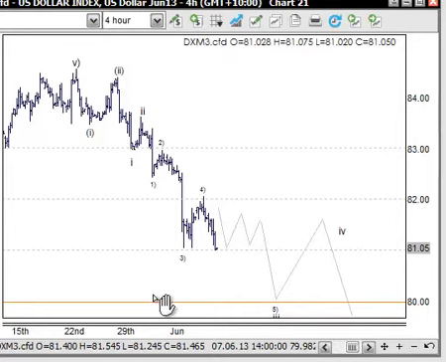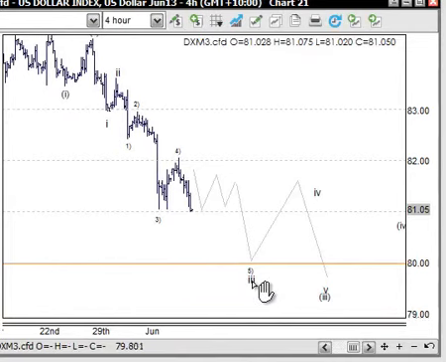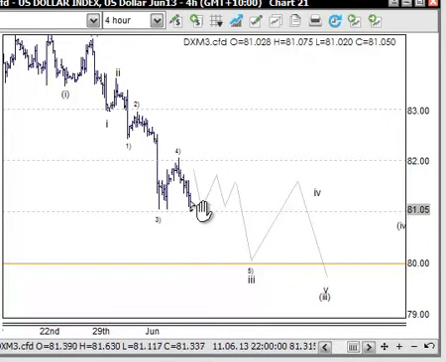Okay, the US dollar. Yesterday we were looking at an ABC back for wave 4 here at 82. That's coming nicely, and we're looking at this coming down towards the 80 here for smaller wave 5 of wave 3. The question yesterday was, would we see from wave 4 a clear 5 waves down for the 5th wave through to here? And it does appear to be that way, but we just need to be a bit mindful